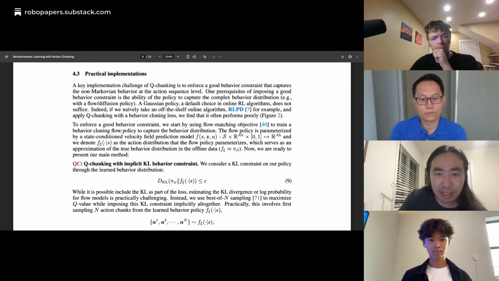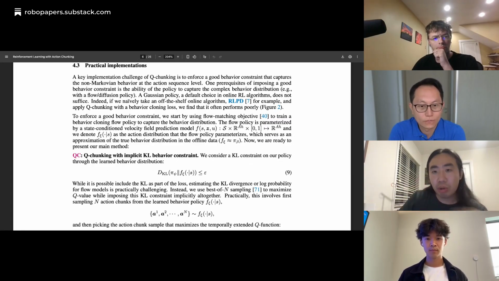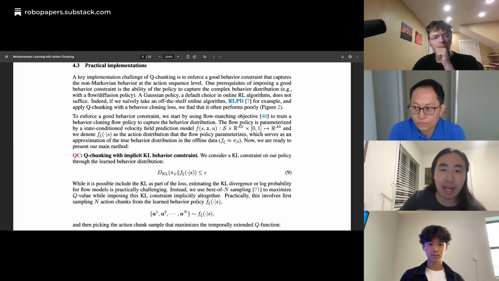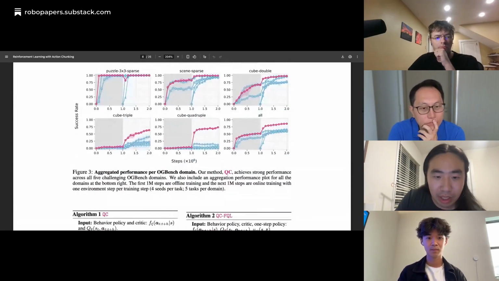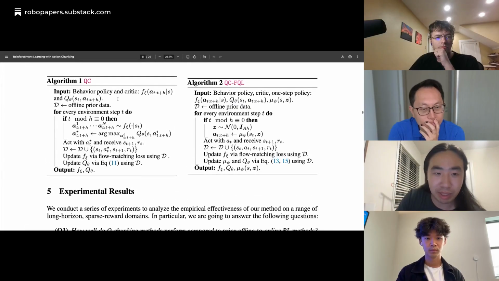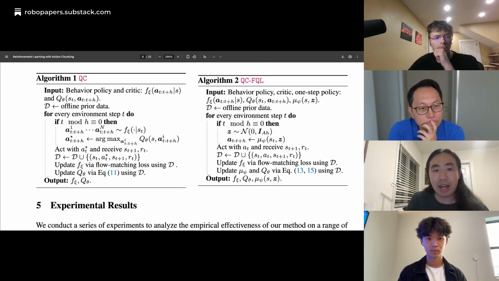So in this section of the paper, we describe two methods that we propose to deal with how we can run reinforcement learning with this action chunking action space with the expressive policy class. Perhaps it's easiest to directly jump to the algorithm box, because that's probably the easiest way to explain the algorithm. So the first algorithm that we propose is extremely simple.